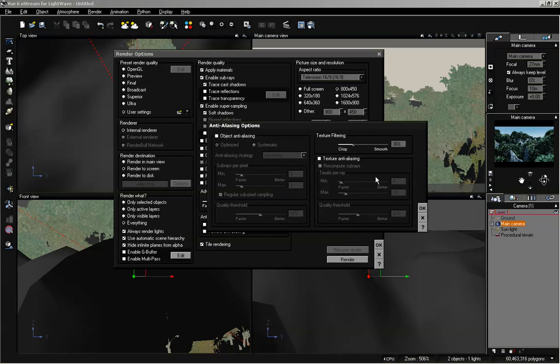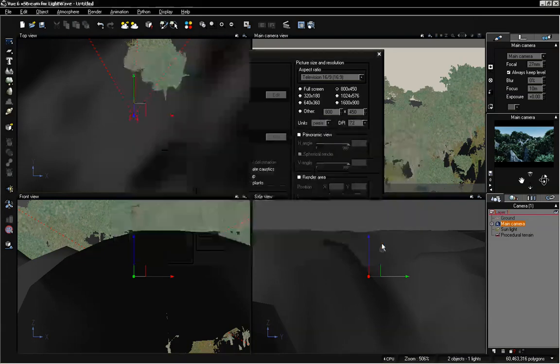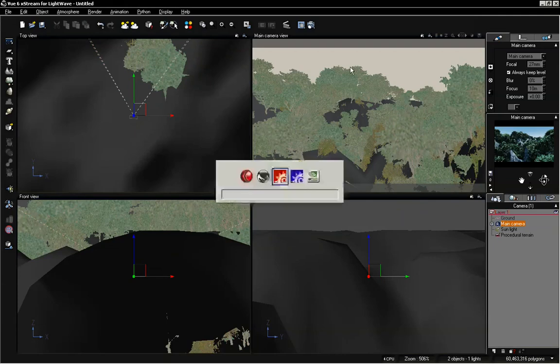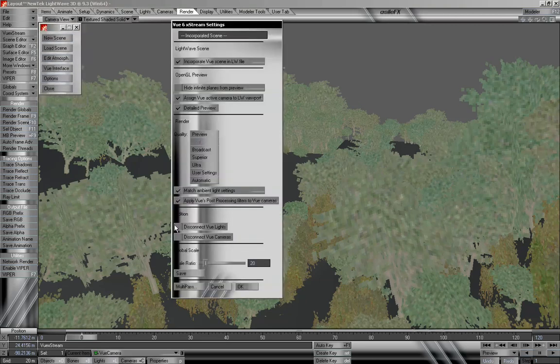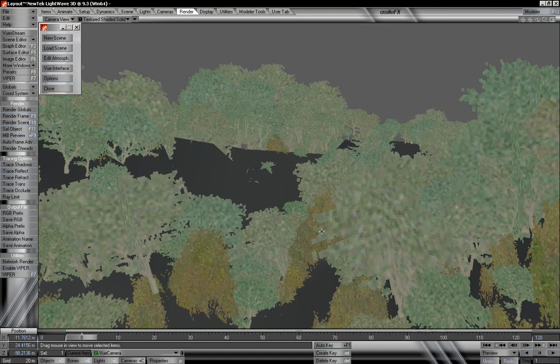So once our texture filtering is set, we're going to click OK and OK again. And now we want to go back to the layout interface, and we need to go to our xStream plugin panel and select options. And now underneath the render quality, we want to make sure that we set user settings. By default, this is usually set to automatic, but if we don't have this set to our user settings, then once we render, it's going to revert back to the previous settings that we had, where we won't be able to use that texture filtering option, which is an extremely important setting to have on if you need to reduce